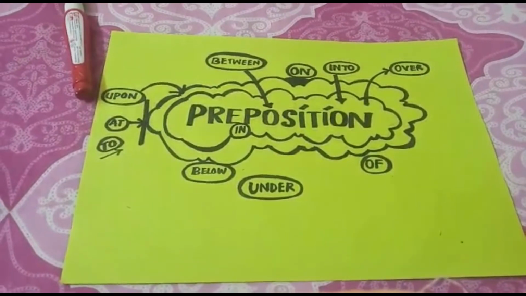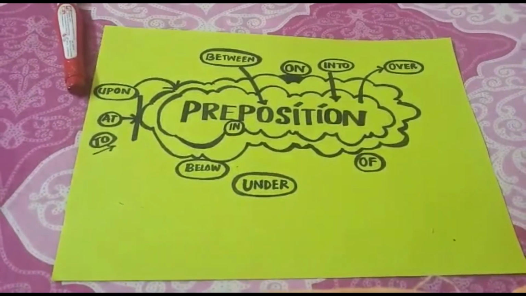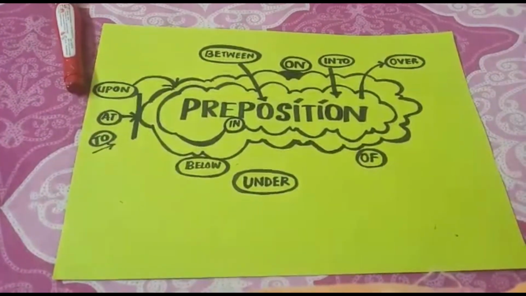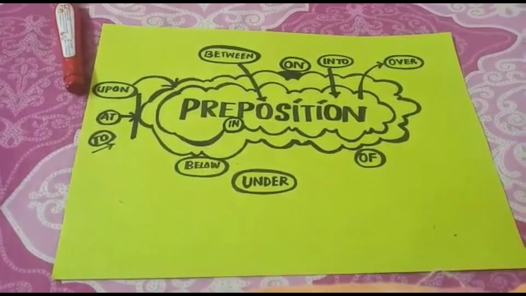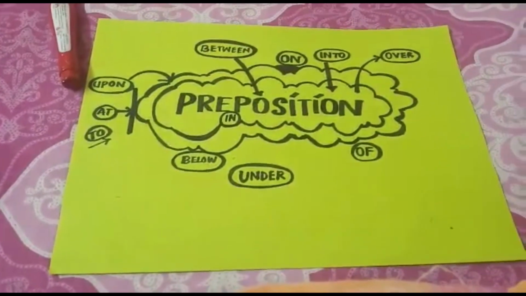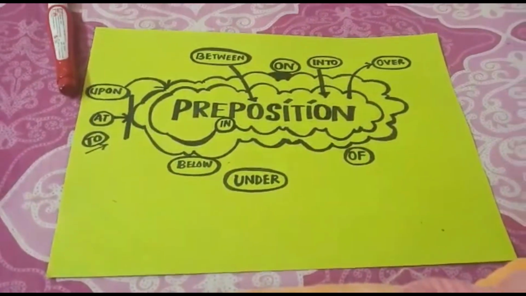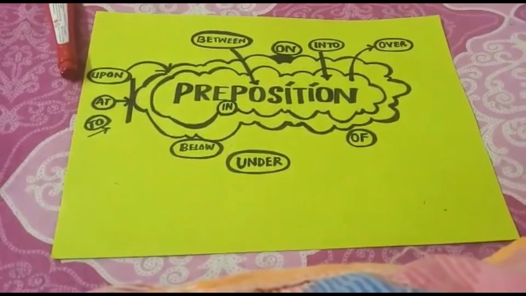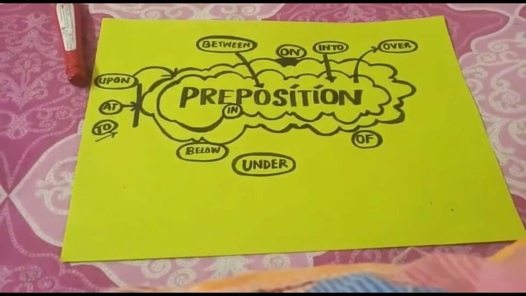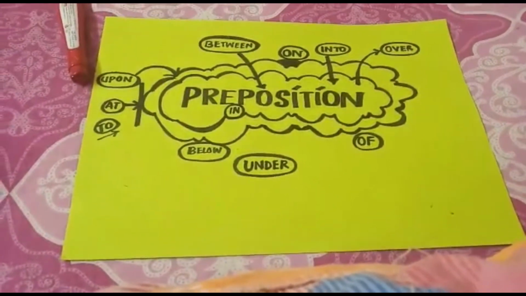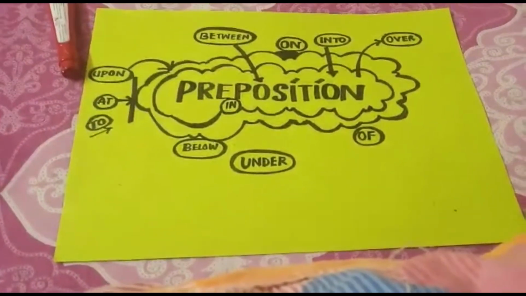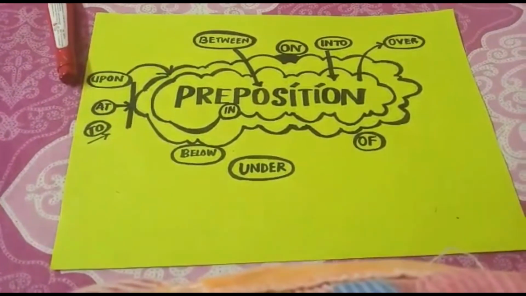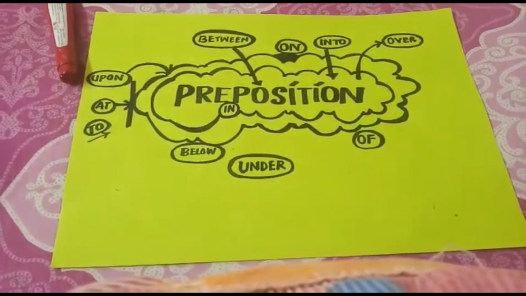Another example I can give you is the example of a cat and a well. Cat is one object and well is another object. When the cat jumps into, we say the cat jumped into the well. It means it is going inside the well, and as it is jumping, the action is happening. So that time we use into. When the action is happening, that time we use into. The next preposition which I will explain right now is over. When do we use over?